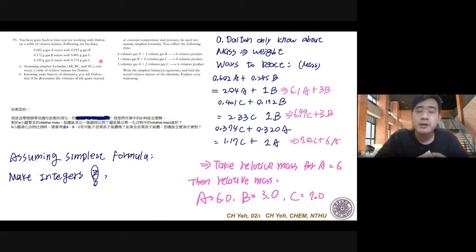So we know that Dalton has to do some research about chemical reactions. The only thing he knows about is weight, which is mass, because he does not have spectroscopy or any analysis tools that can help him define what composition is in the chemicals. So the only thing he can do is use mass weighing. Like, okay, the composition is over here. They conduct experiments and find out the ratio between A and B, B and